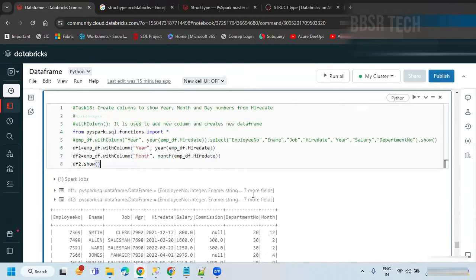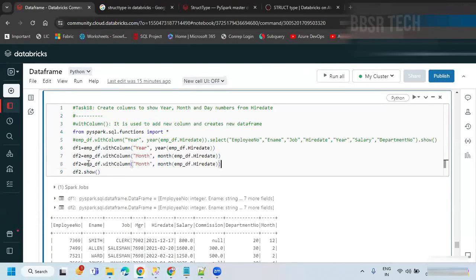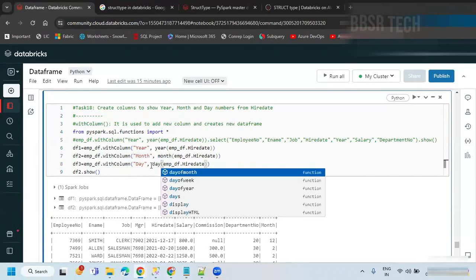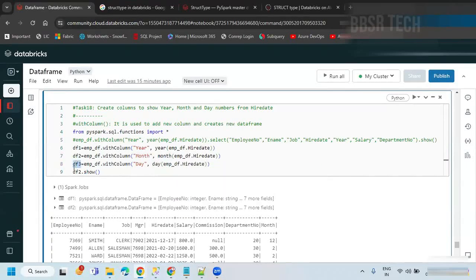So month number is available. The same way df3 we have to create. So here I'm just going to say day of, and if you go for df3 dot show,